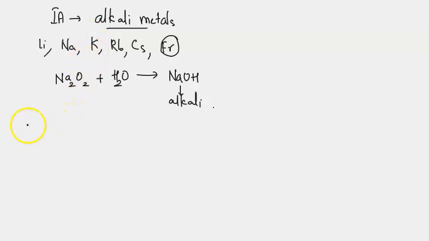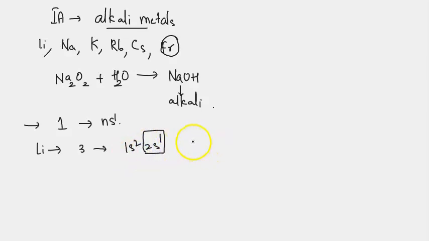These elements have one electron in their outermost shell, and hence the general configuration is given as ns1. For lithium, the atomic number is 3, so the configuration is 1s2, 2s1. There is one electron in the valence shell, that too in s orbital, so we write the configuration as 1s2, 2s1. Similarly for sodium, it is